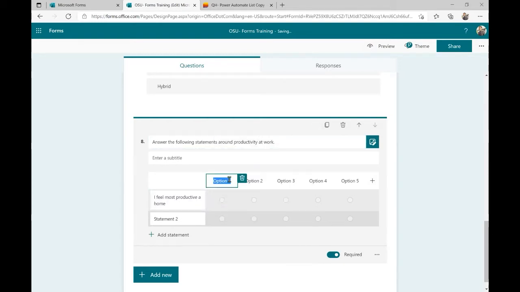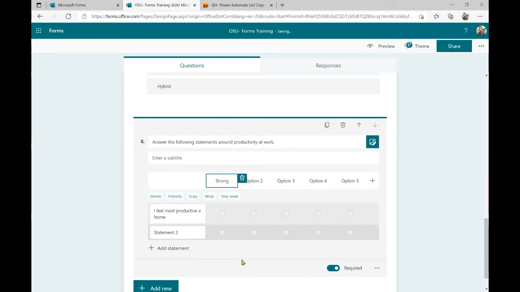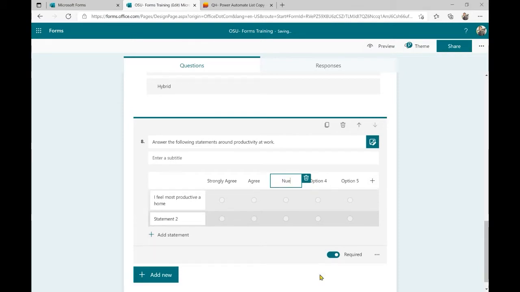So you might say, strongly agree, and I know you guys have probably seen these before. Agree. Neutral. Disagree. And strongly disagree.